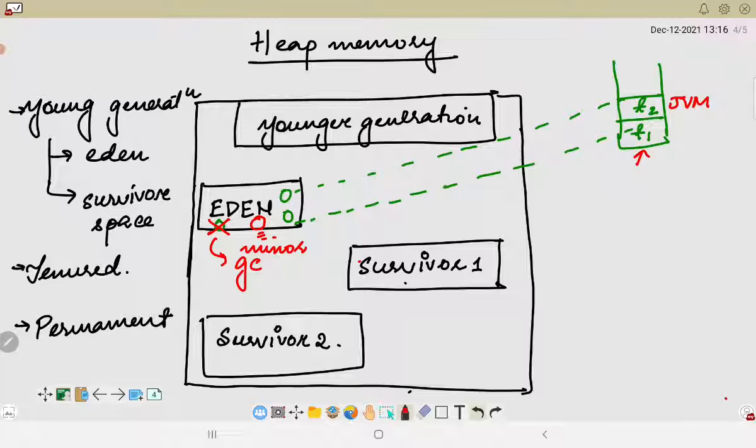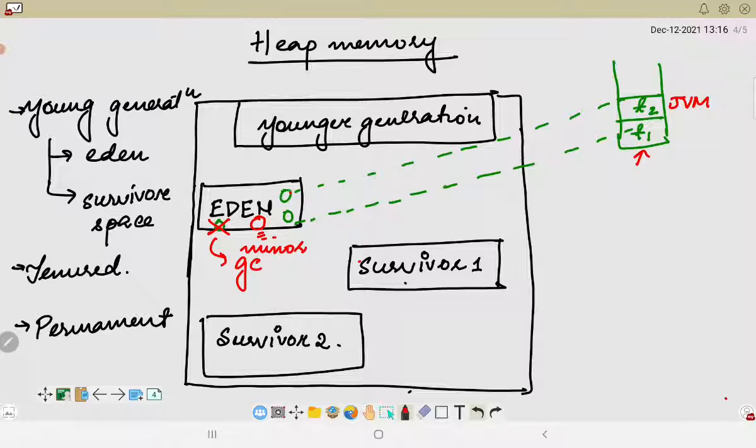However, inside the heap memory, the deallocation is done using garbage collection. And the other part is the survivors. The survivor spaces are the memory pool which contains objects which have survived after Java garbage collection is done from the Eden space.